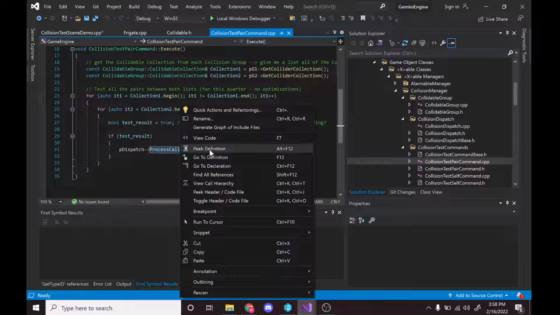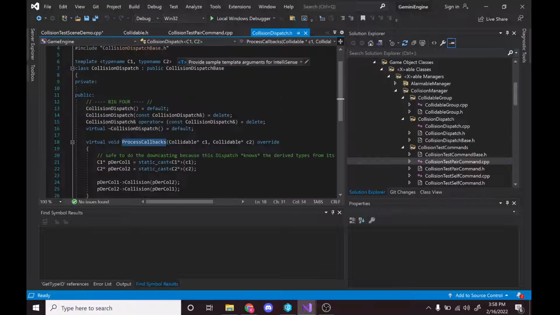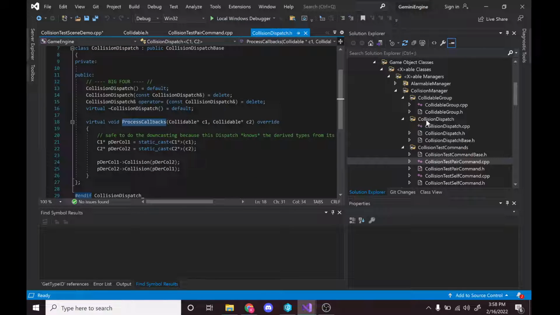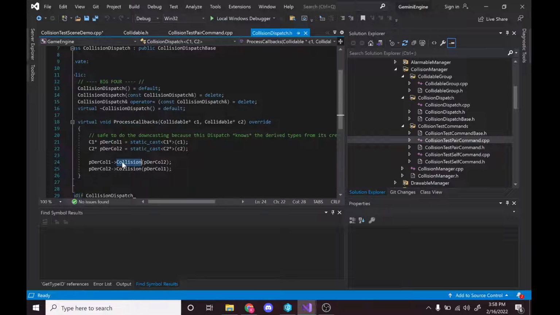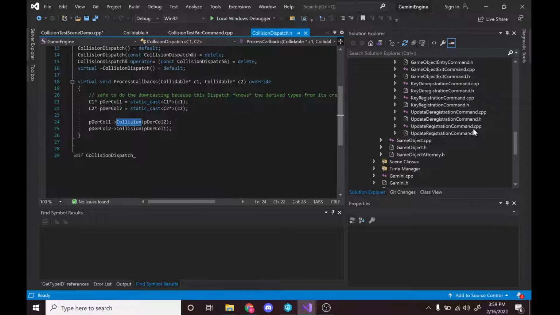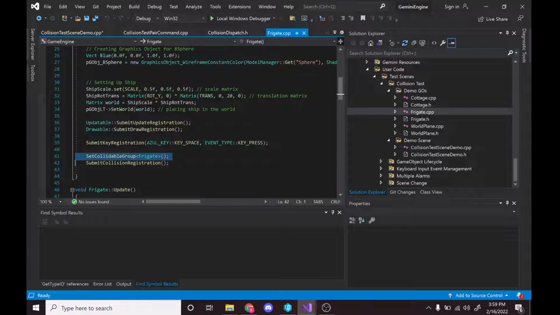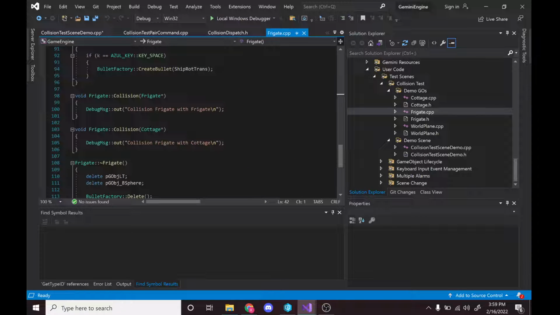So in the dispatch, where am I doing that print? I'm not exactly sure where I'm doing those prints, actually. Oh no, sorry, in the actual collision event of the actual game objects. So in the frigate collision, yeah, here we go. In the frigate collision, it'll say collision with a frigate or collision with a cottage, and same with the cottage. So anyway, if I run it,